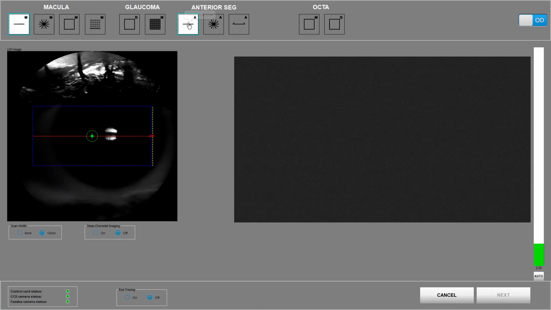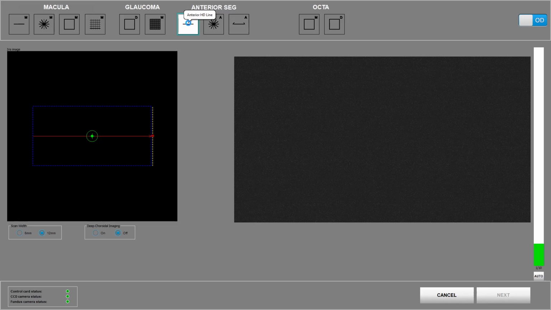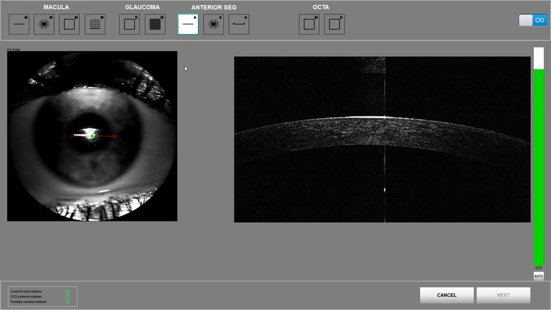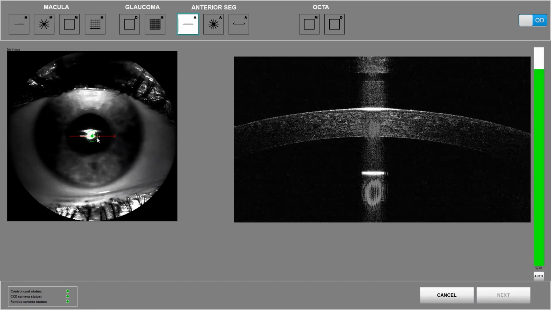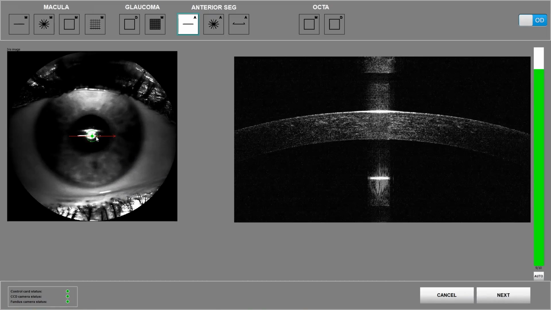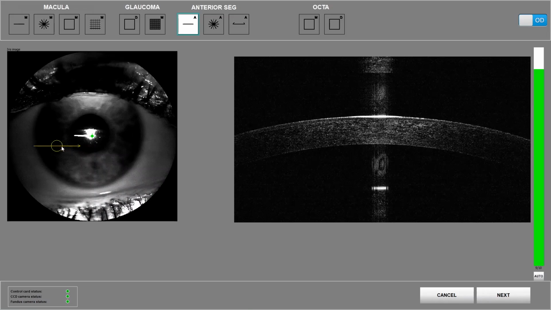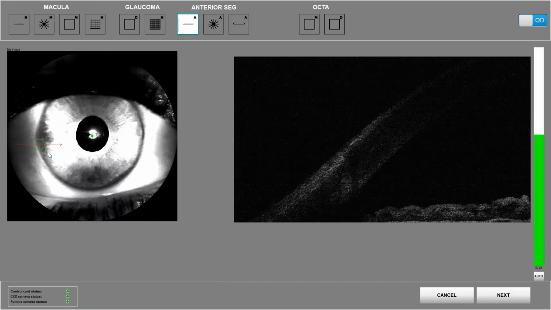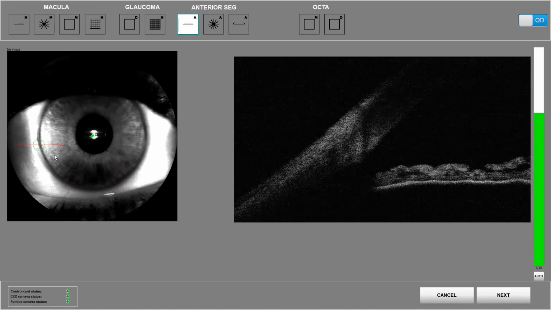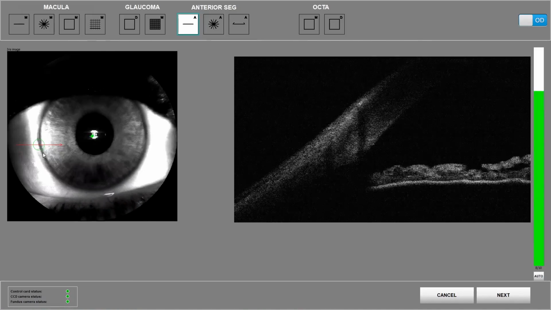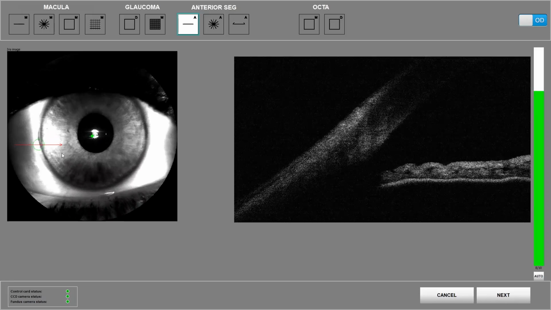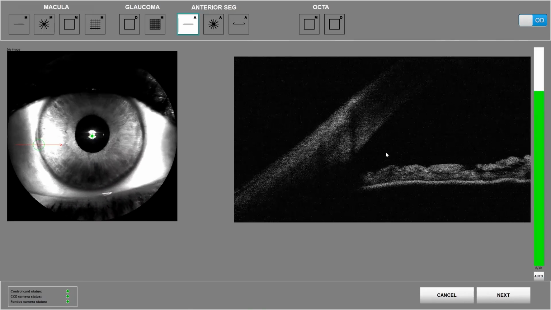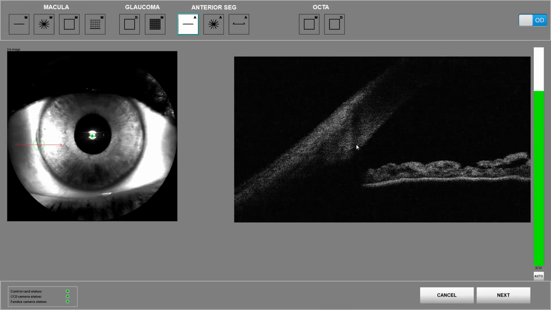We press again the anterior HD line, and once we have the patient, we focus, and then, even when the patient is focusing at the center, you can always move the line at the limbus. And now you can have a very good visualization of the angle. It is important here to see that not only the iris or the angle, but even structures of the angle